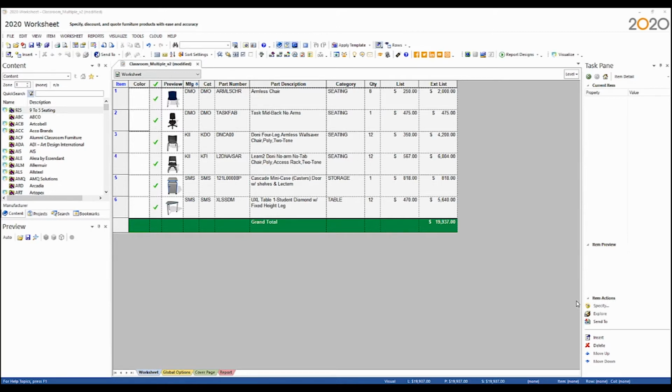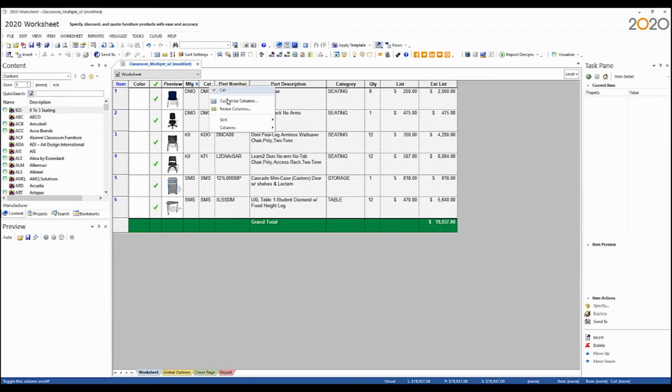The three character combinations that are used for manufacturer and catalog are easy to understand if you look at them and work with them every day. Customers, though, don't usually know this information. So when you print out a worksheet or a report for them, you need to interpret what those codes mean. They may not understand that STC stands for Steelcase or KNO stands for Knoll. So you need to explain to your customers who makes these items and what catalogs they come from for their